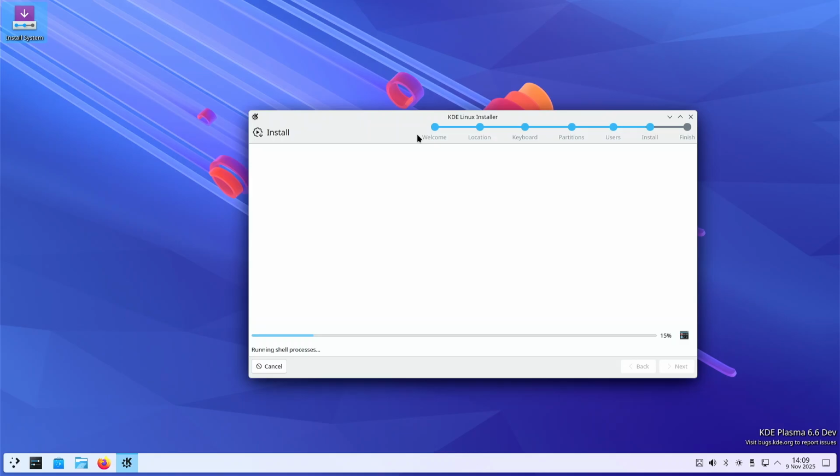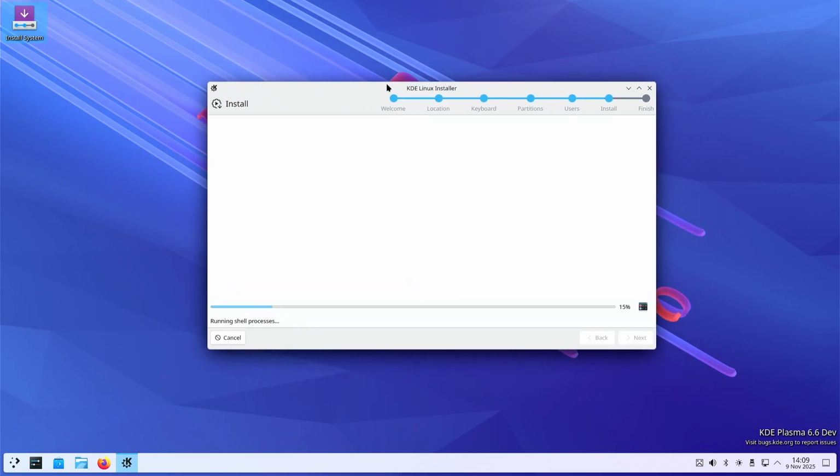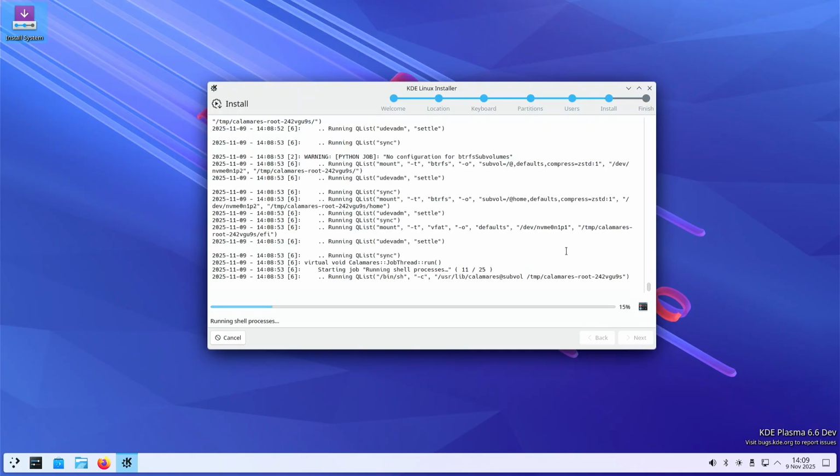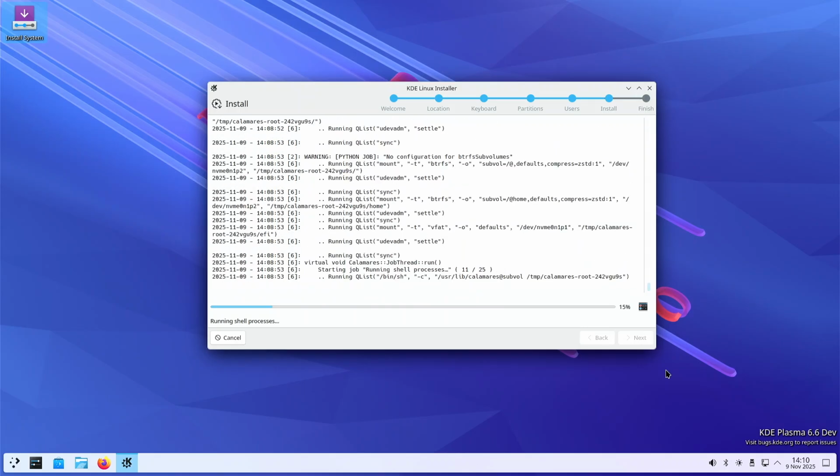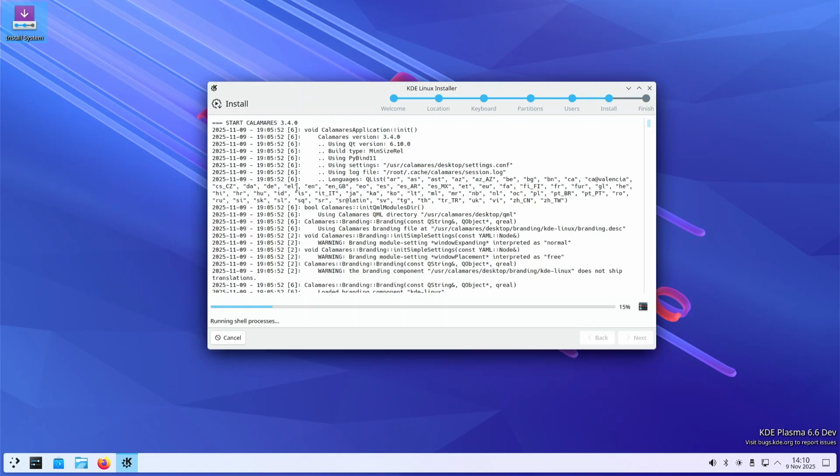So, yeah, I think I'm going to go ahead and just pause the recording and let this install. And you could... oh, look, you can have a look-see at the underlying commands that are happening. Wait, hold on. Oh, is this just Calamares? Or yeah, look, it's Calamares. Start Calamares 3.4.0. Is this just like a skin on top of Calamares, or are they using Calamares under the hood and everything else is its own thing? I guess that would be the same thing as a skin, having a skin on top, but